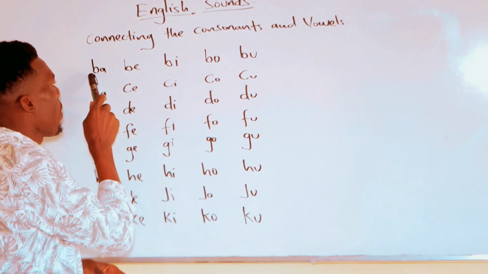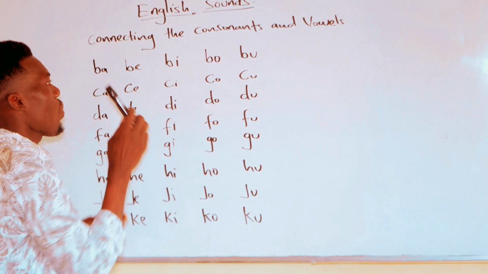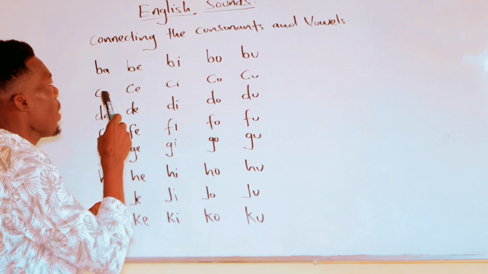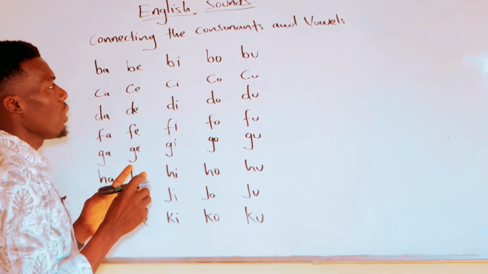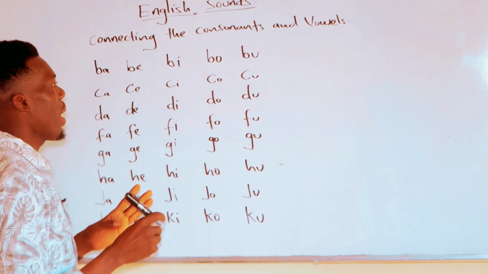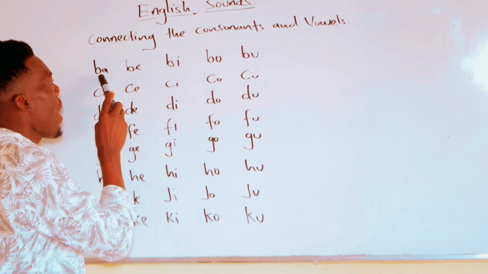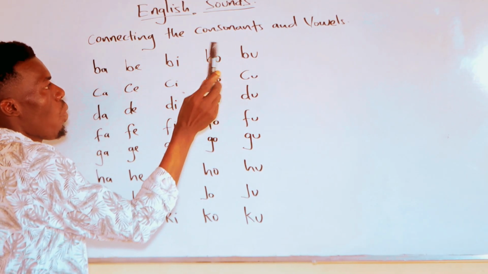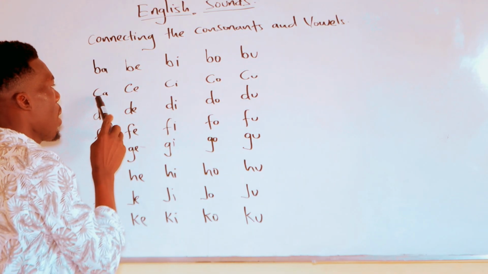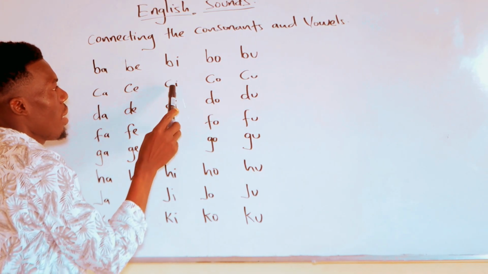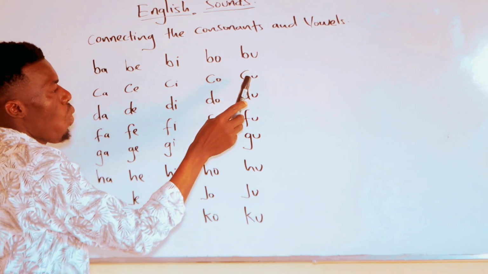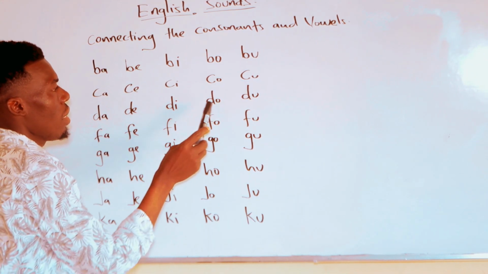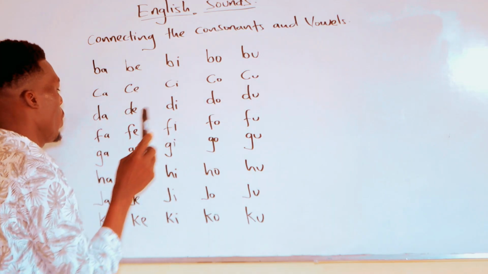We have B-A. So we have connected sound B with vowel A to come up with a syllable ba. So this one will be ba, be, bi, bo, bu, ka, ke, ki, ko, ku, da, de, di, do, du,